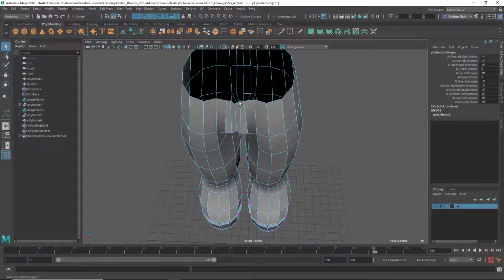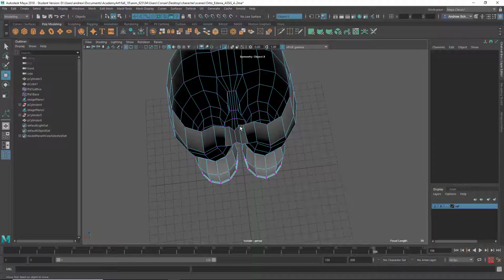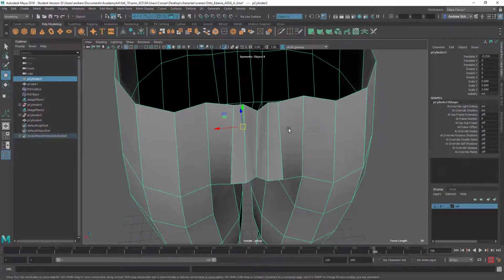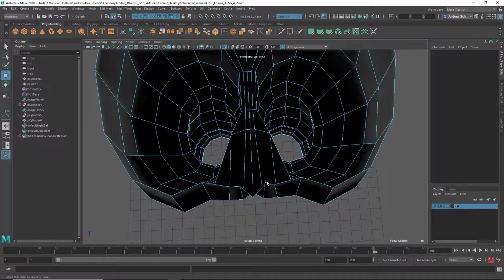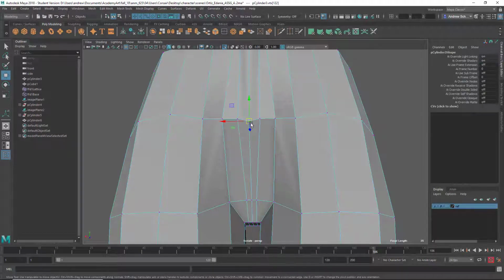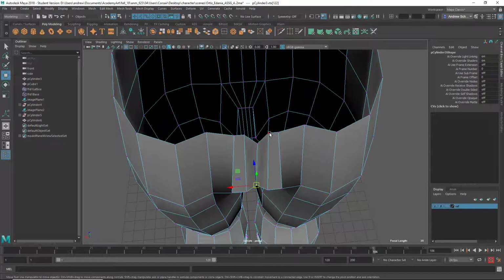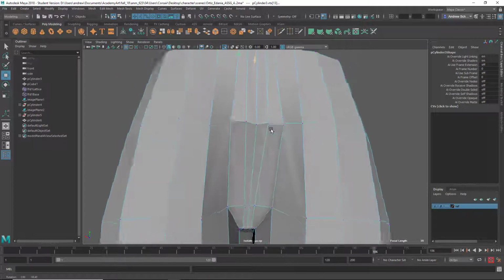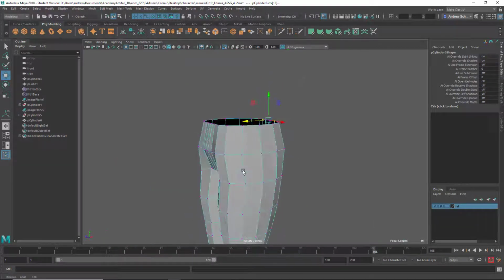So I might just turn symmetry on and what? And delete history. How could it possibly not be working if I just mirrored it? That is very weird. I don't know. Yeah, I think you're going to need more geometry here, but let's...